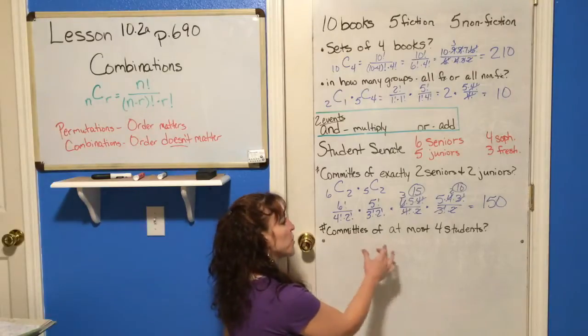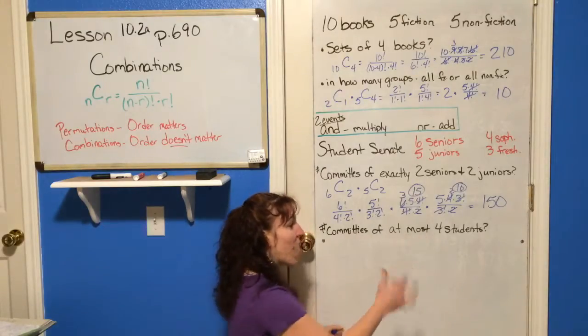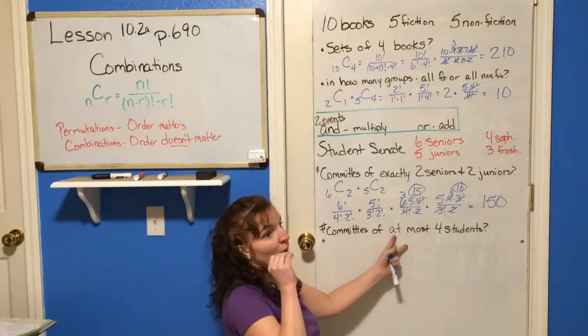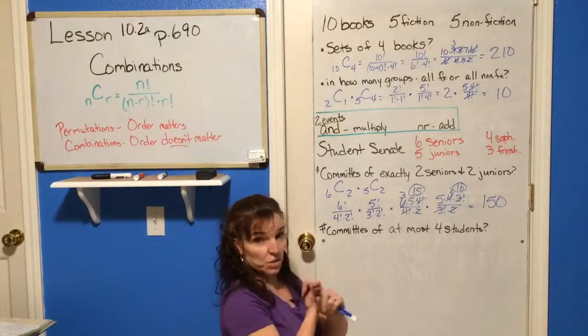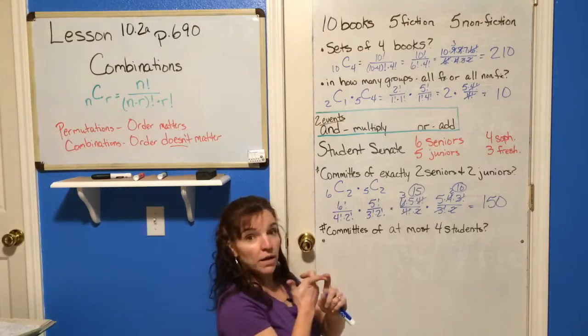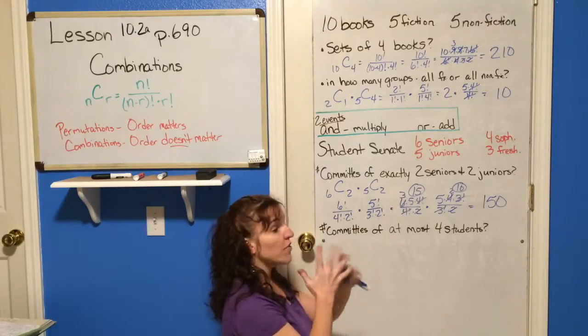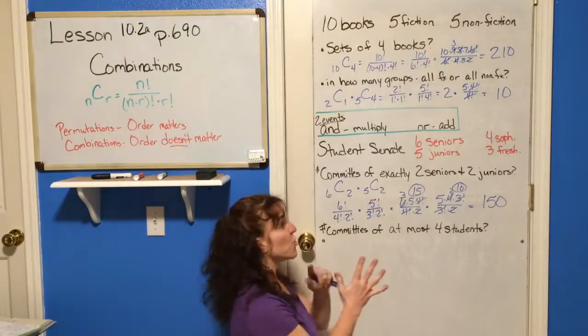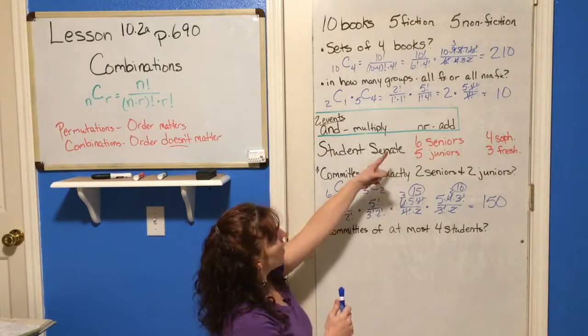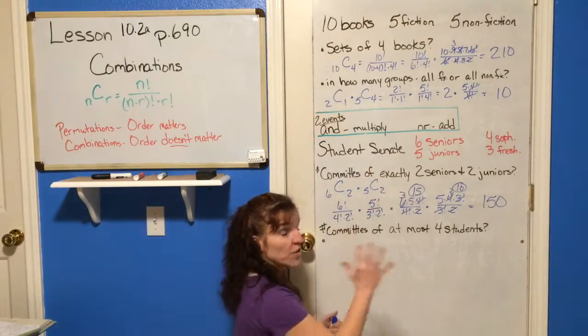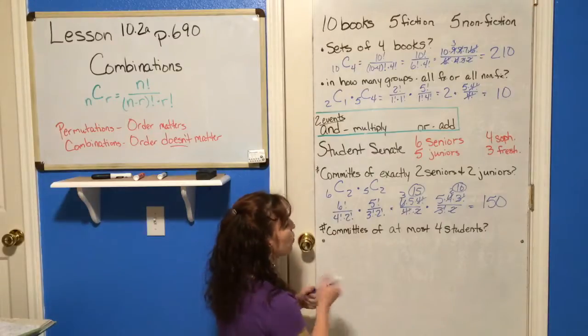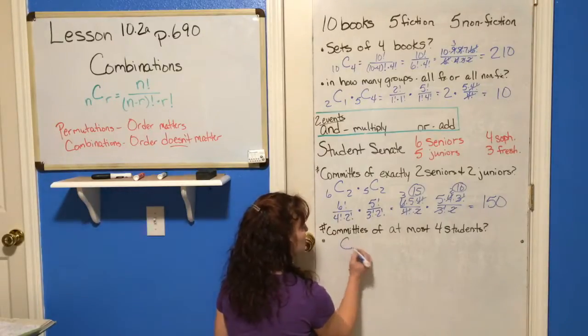If I want to know the number of committees of at most, that means I want to know how many have 0, how many have 1, how many have 2, how many have 3, or how many have 4. So all of those options together. So that's why we want to add all of those choices together, because I want to know how many combinations of, let's see,